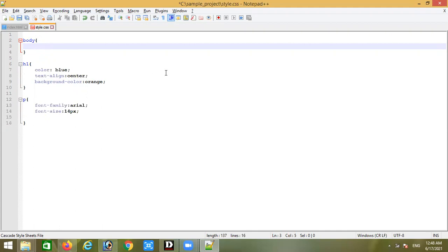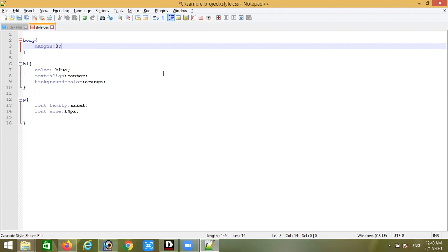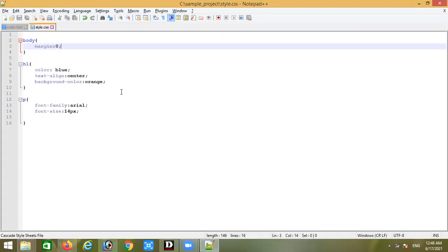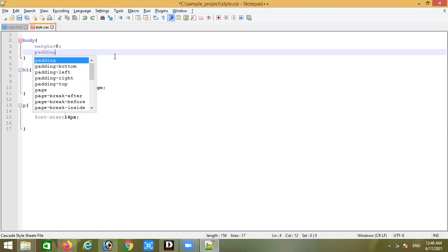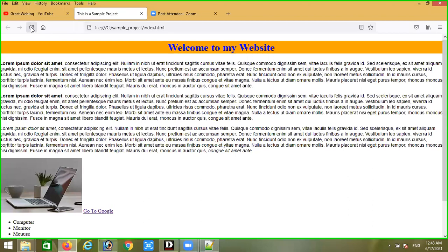Okay, so here I am writing margin 0. Okay, so if I give this property, let's see what changes have happened. And I am putting padding 0. Okay, so if I say margin and padding 0, so now